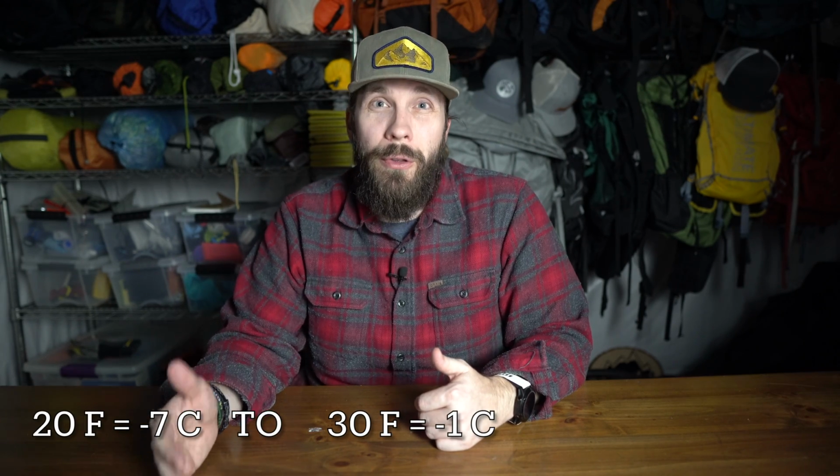because of the rating it gives itself. It's advertised as a 0 degree Fahrenheit bag. They tell us in the comments that that's the extreme of their survival rating. Hyke Byke does the same thing. I'm not going to hold that against Teton Sports. They say the comfort rating is 20 to 30 degrees higher than that, which should take me to 20 degrees Fahrenheit or at least 30 degrees Fahrenheit, which is below freezing. The temperature on this test only got down to 37 degrees and I was cold,